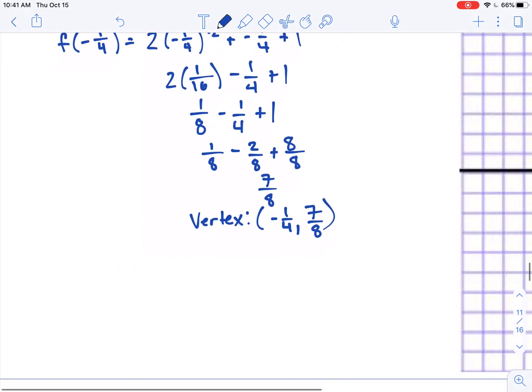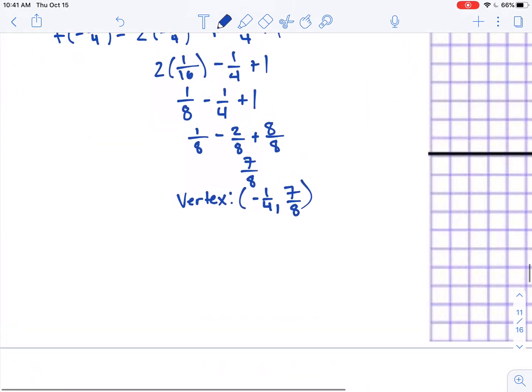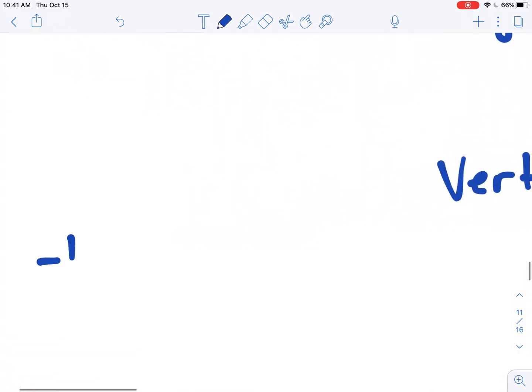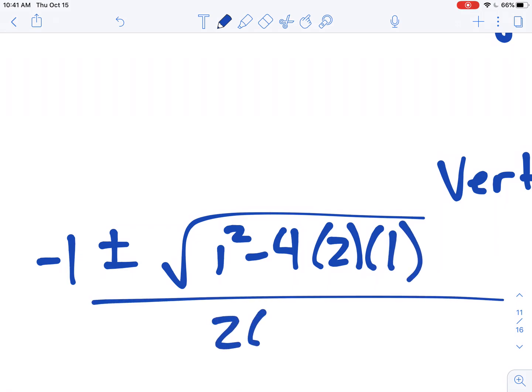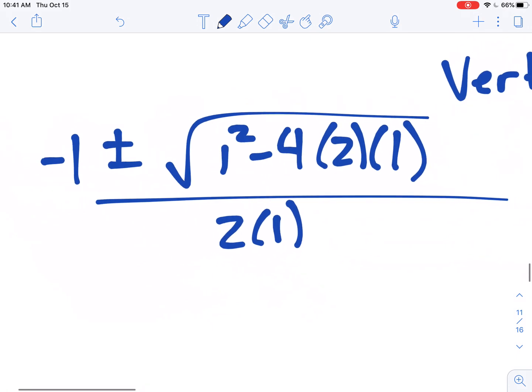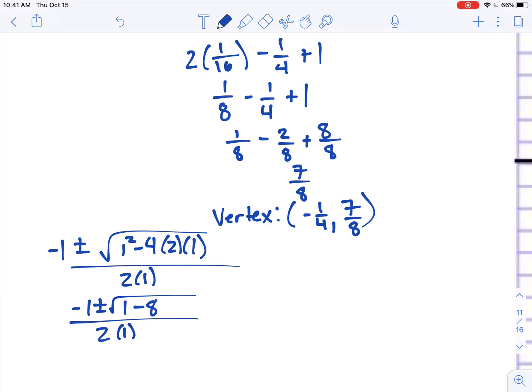Now that I've got that vertex value, I'm going to think about factoring. My a times c here is positive 2, so I would need a number that multiplied to positive 2, but then added to positive 1. That doesn't exist, so I'm now going to think about it in terms of my quadratic formula. So negative 1 plus or minus the square root of 1 squared minus 4 times 2 times 1 all over 2 times 1. Well, when I look at this, I end up with negative 1 plus or minus the square root of 1 minus 8 all over 2 times 1. I know that 1 minus 8 is negative 7, so I can't get a square root here. So now I know that I'm not going to get